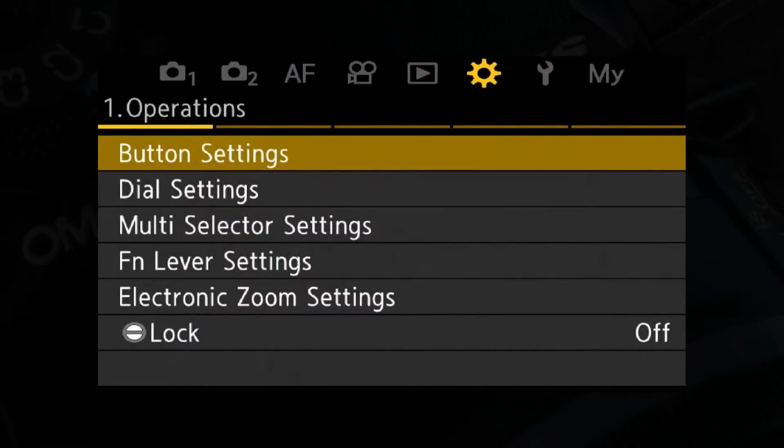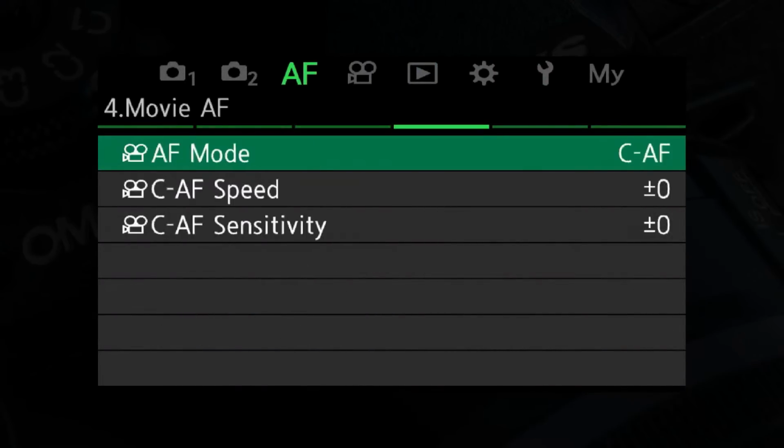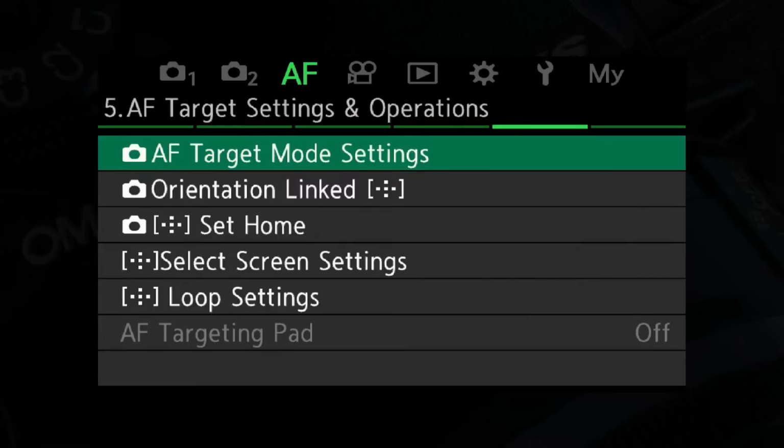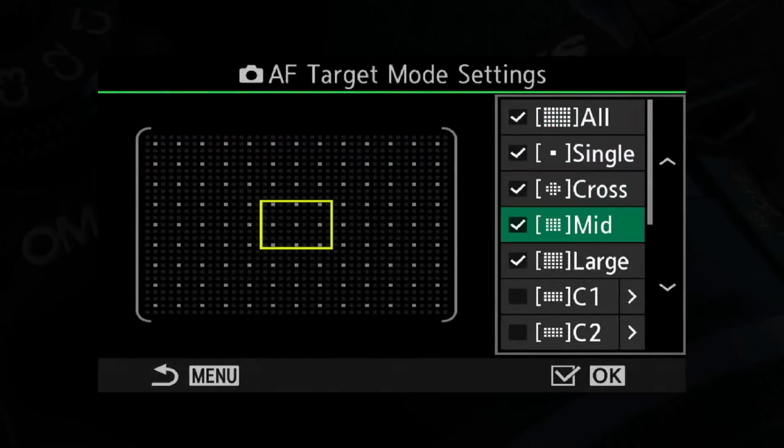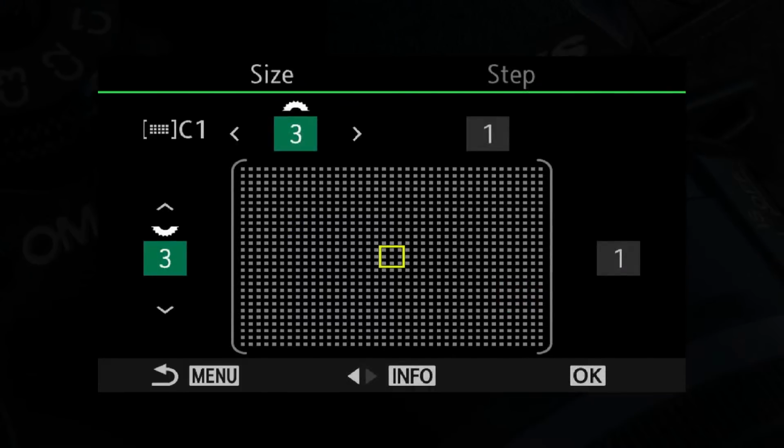So I'm going to hit the menu, and from the menu I'm going to go to the AF tab, and I'm going to go into page 5 and AF target mode settings. And in there, I'm going to come down and create a custom mode, C1. I'm going to press OK so that it ticks it so that it's available. I'm going to press the right arrow key so that I can go ahead and program it. I'm going to program the size down to a 1:1, and I'm going to leave the step where it is, which is also 1:1. And that gives me access to every single creep point across the screen,